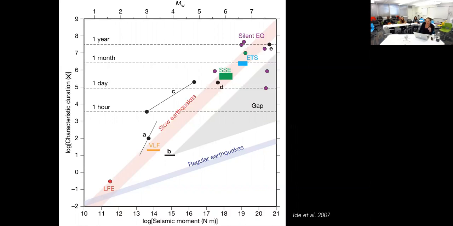So on the x-axis, we have the log of the seismic moment. That's basically a measure of how much energy is involved in a slip event on a log scale. And on the y-axis, we have the characteristic duration, also on a log scale. So that 0 would be an event that takes 1 second, and